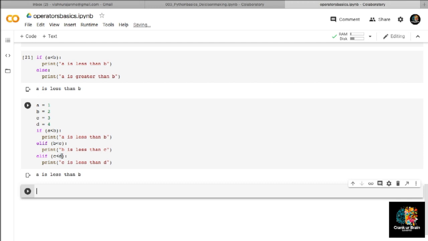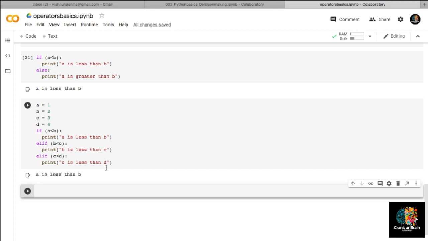Why does this happen? This is just because Python executes this program line by line. Okay, so here first Python came over here, if A is less than B came. It checked that condition, it worked perfectly, so it printed that and directly exited out of the program. This is how it works. So whenever you are writing programs in the near future, you may also experience such a situation. So don't get worried, it just works this way.